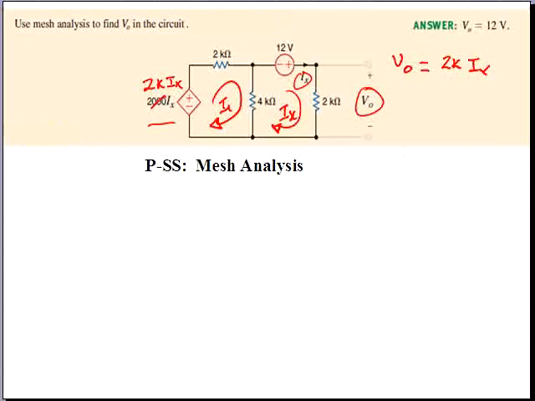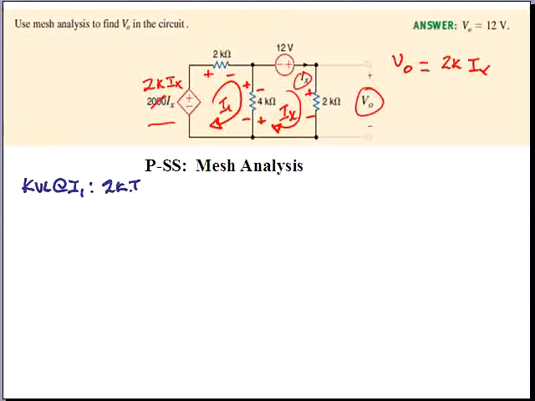So we can proceed to sum voltages around these loops. We'll indicate the polarities of voltage drops due to the currents in each loop or mesh. So we'll begin by writing a Kirchhoff's voltage law expression around the mesh I1. And we'll have